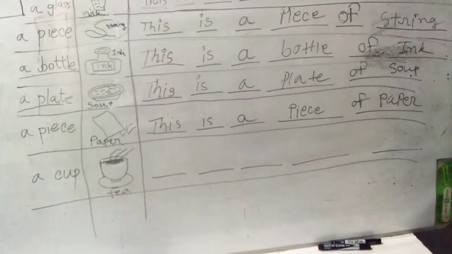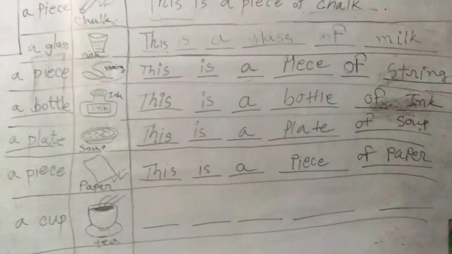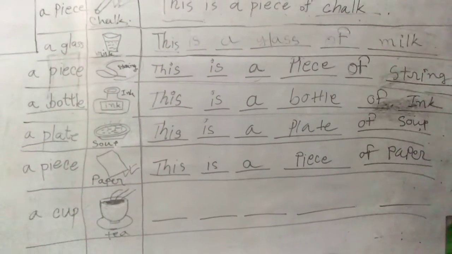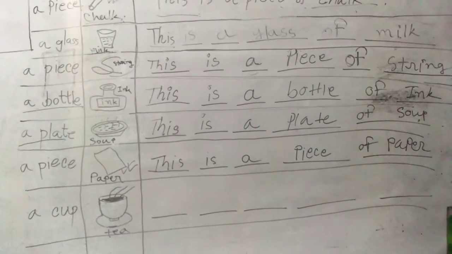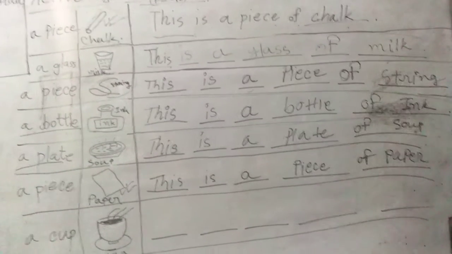I hope you have the idea that here the picture will be given, and the name of the pictures will be indicated, of course mentioned. What you should do is originate the sentence. At first you have to put this, because this is already given, so you have to follow the rules that you can use here.